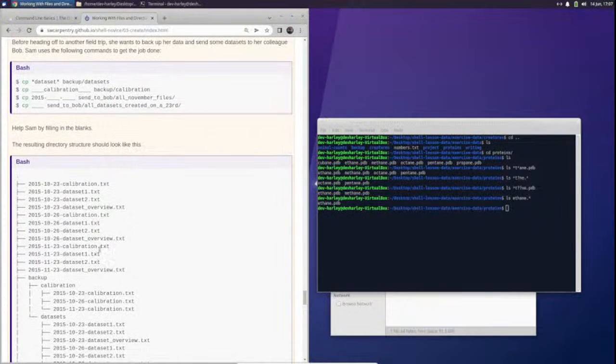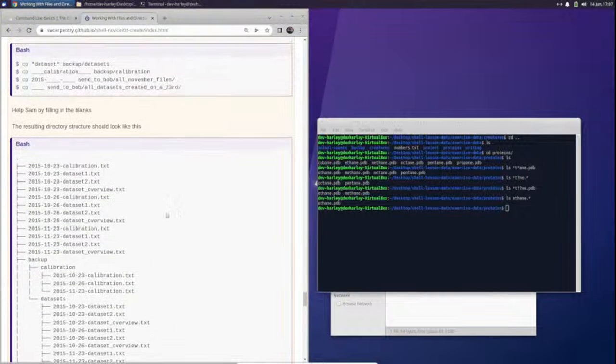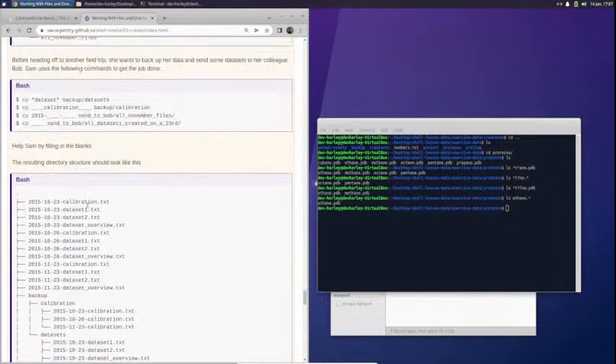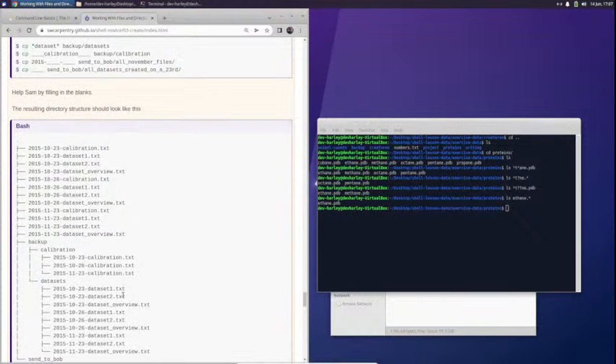Help Sam by filling in the blanks. The resulting directory structure should look like this. We're going to copy datasets, dataset, which is this folder, to backup datasets. Right? And then we're going to copy